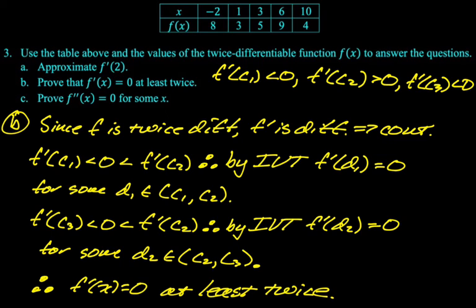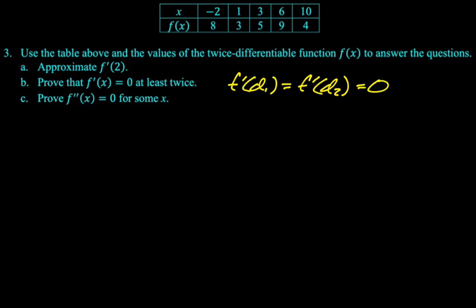All right, now the reason I use d1 and d2 here is because the next question is to prove that f double prime equals 0 for some x. Well, if I've shown that f prime equals 0 twice, f prime has the same y value twice, the slope of the secant between those would be 0. So we're using the mean value theorem applied to f prime. All right, so if I'm going to use the mean value theorem on f prime, I need f prime to be differentiable on the open interval and continuous on the closed interval, but we don't really have intervals here. So let's say,